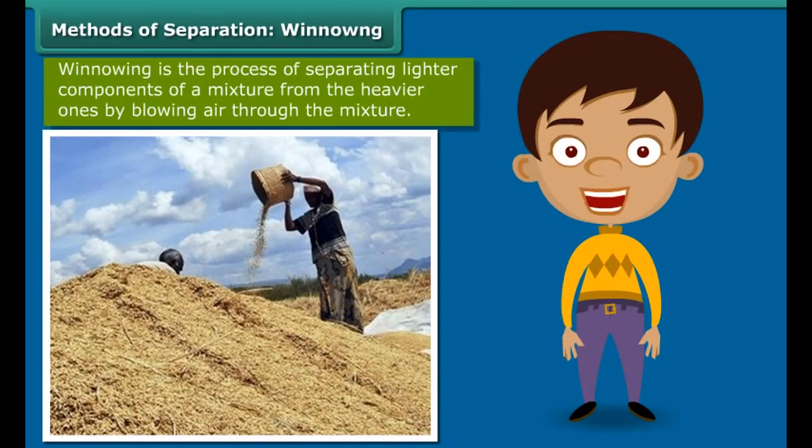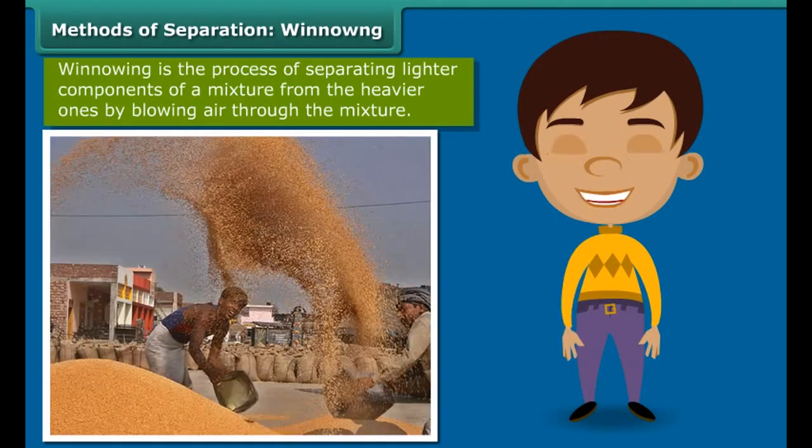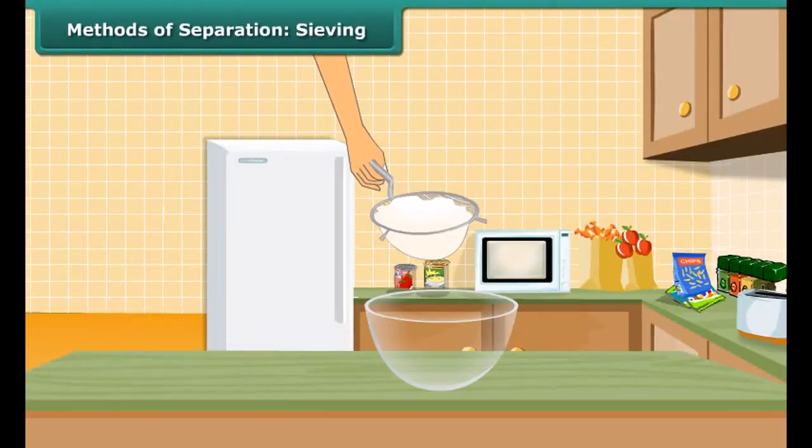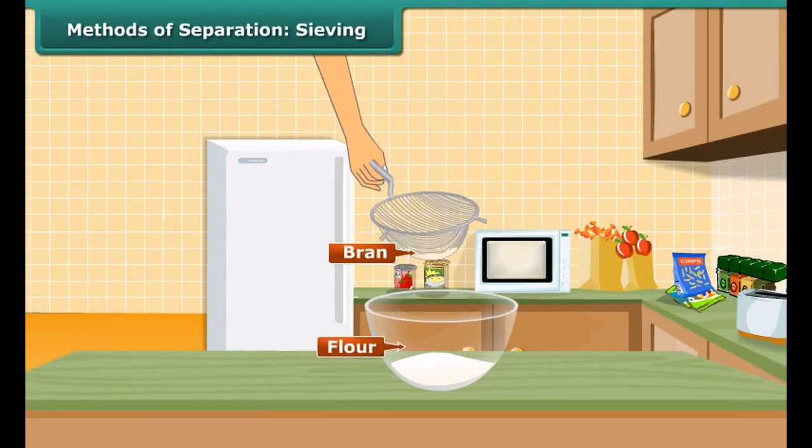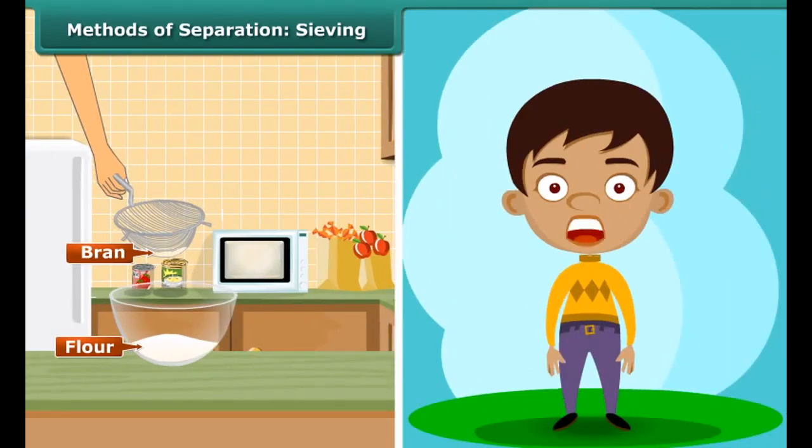During your numerous train trips down your countryside, you would have noticed women standing at a height, shaking a basket held over their heads continuously. They are separating the grain from the husk by simply allowing the wind to blow away the husk and other lighter impurities. The heavier grain falls down on the ground in a heap. This process of separating impurities from the grain by allowing a current of air to blow away the lighter impurities